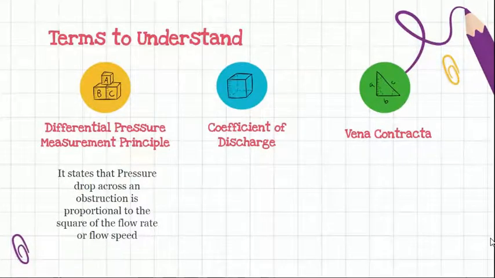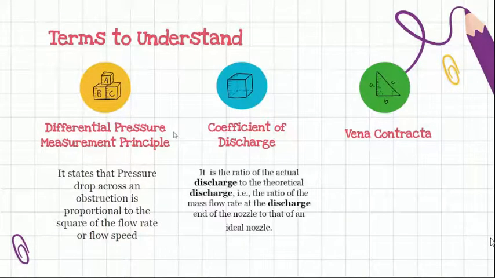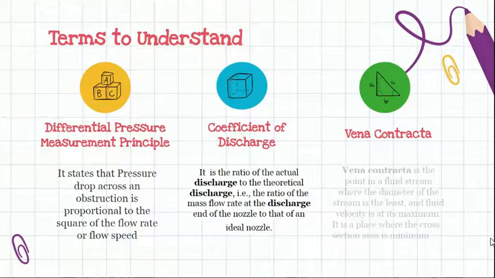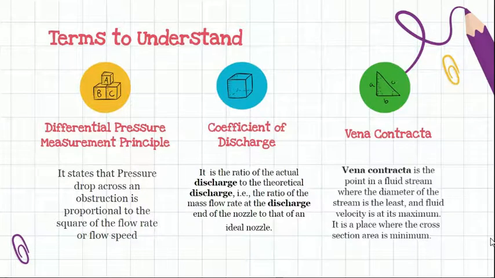Now the next term, that is coefficient of discharge. What is this actual coefficient of discharge? We are calculating things theoretically as well as practically. And when we take the ratio of it, then, more or less in thermodynamics language, the term which we calculate is efficiency, and here we are calculating the coefficient of discharge. So this is what our coefficient of discharge is.